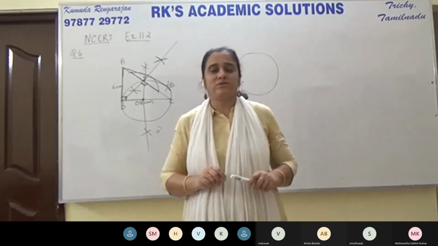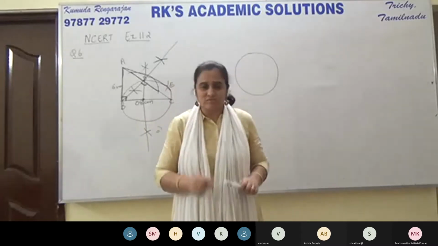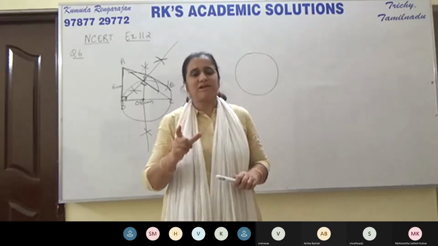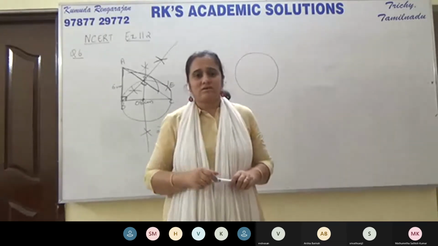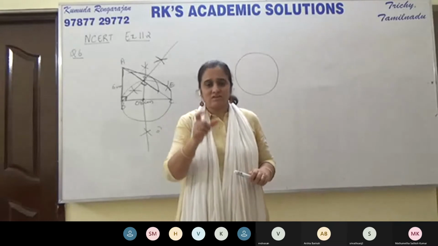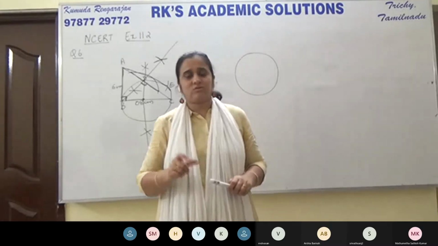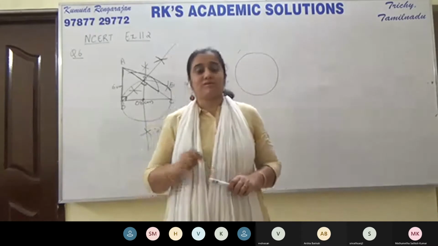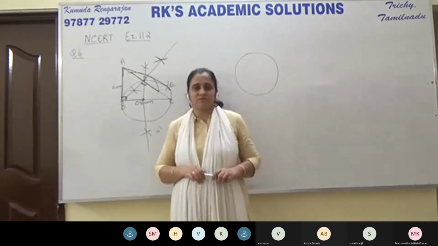Two things when you draw a circle with the help of a compass. You will know the position of the center of the circle and you will also know the radius of the circle. You have defined the radius on your compass. So when you draw a circle using a pair of compasses, you know the center and the radius.